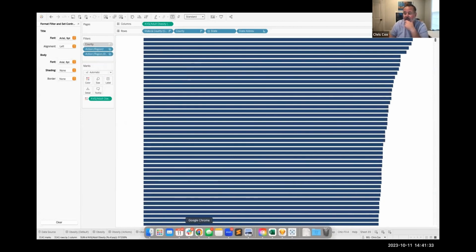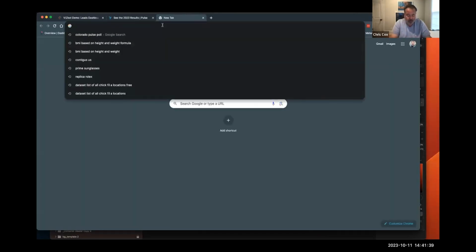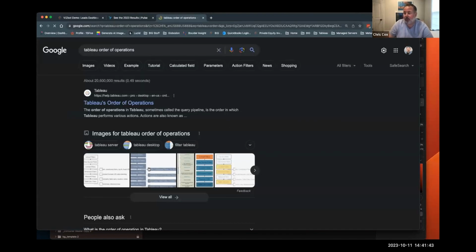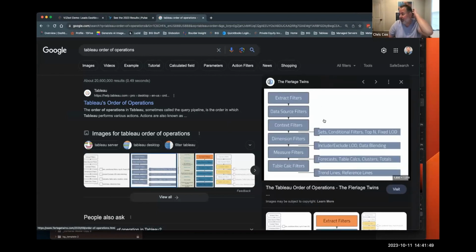All this does for me, if you go back to a browser really quick, is Tableau order of operations. I'm trying to find one that I like here. All I'm doing here is saying, instead of a dimension filter, which is what I have, I'm actually moving it up in the list.